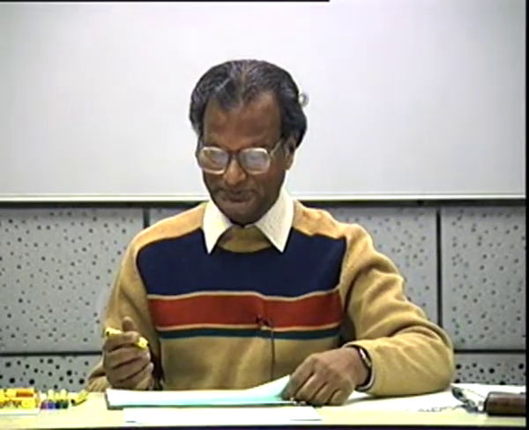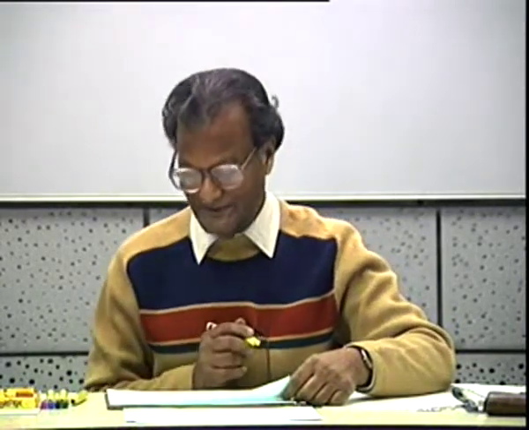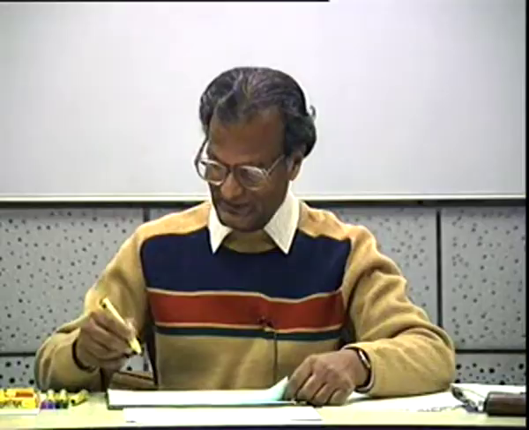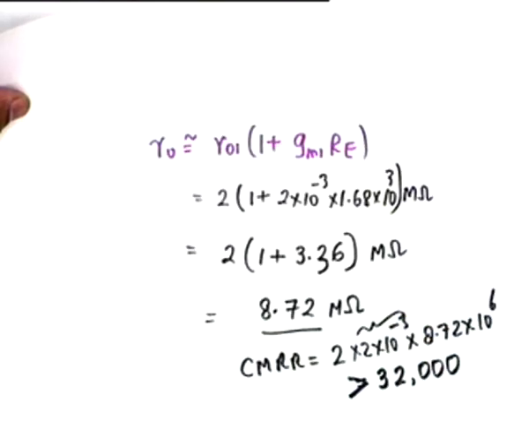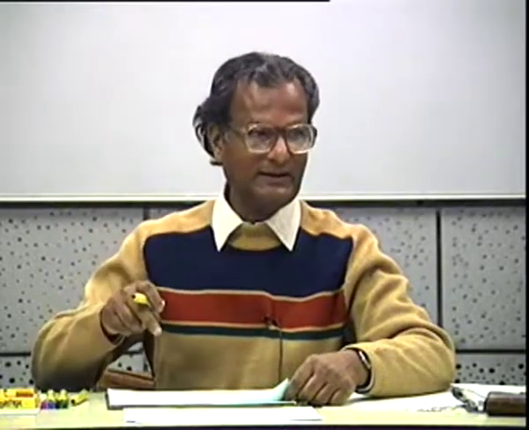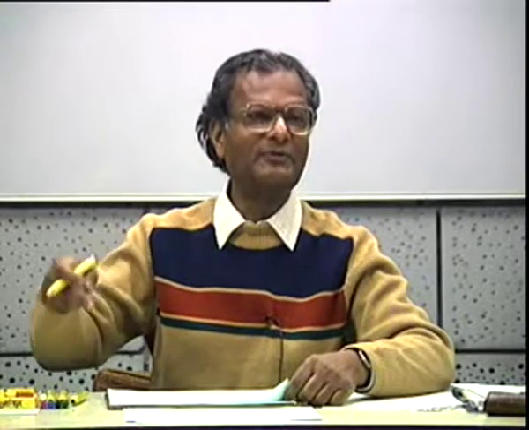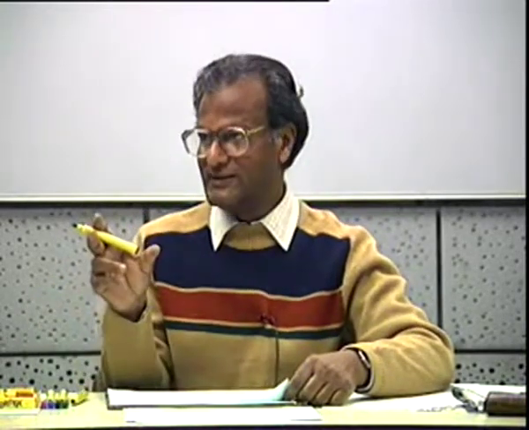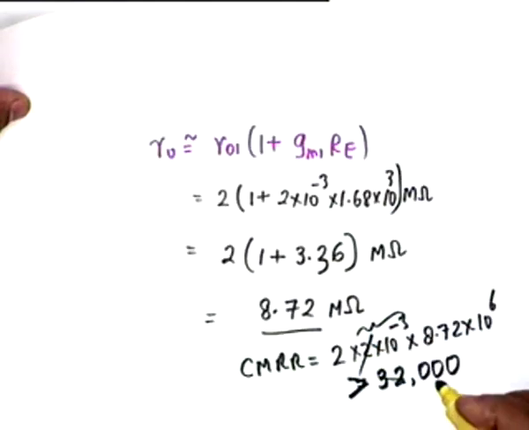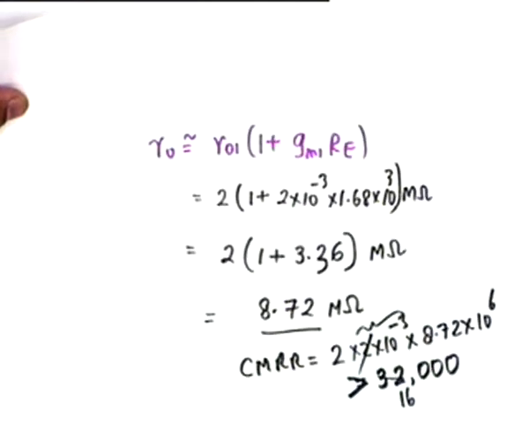Okay, it's a good point. Actually, the value I used was for the whole current. The actual value should be half of this. Why? Because IC1 is IEE, and therefore each transistor has half of this current. Each main transistor in the differential amplifier carries half. Therefore, GM would be 1 times 10 to the minus 3, and the CMRR would be 16,000. Even then, the figure is very large. I'm glad you pointed it out.